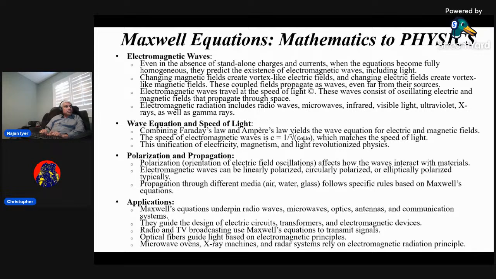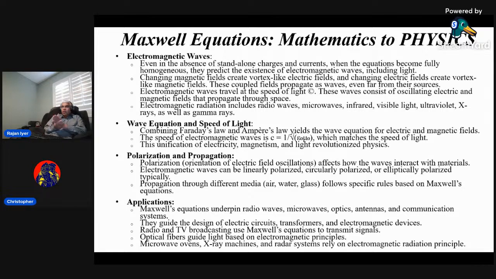Then he said that these waves are oscillating electromagnetic fields, so by this oscillation back and forth, one converts to another, converts to this, and this process continues as the mechanism. And we are still trying to understand a lot of that. They found the basis for the propagation aspect of light. So based on that, you could predict radio waves, microwaves, infrared, visible light, ultraviolet, X-rays, as well as gamma rays, among other aspects.